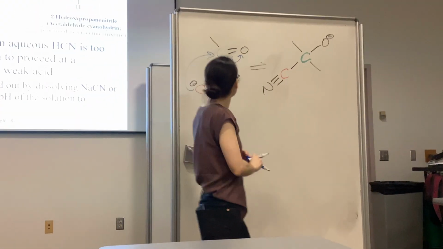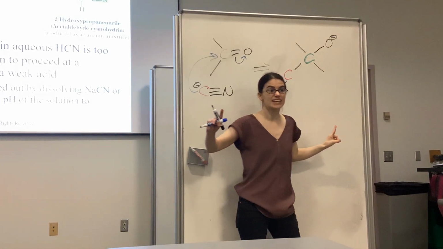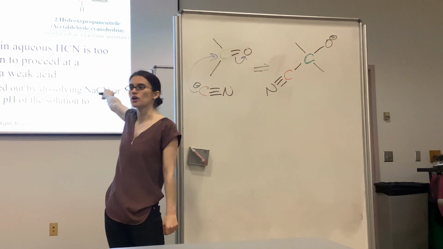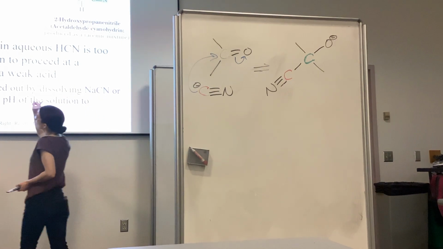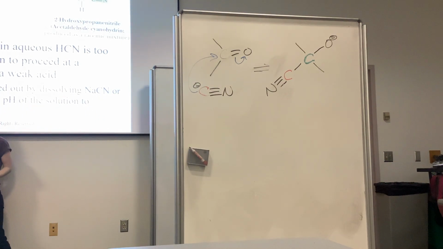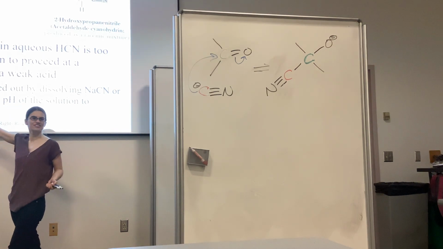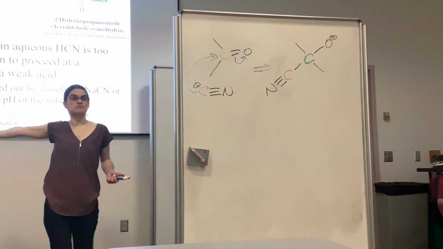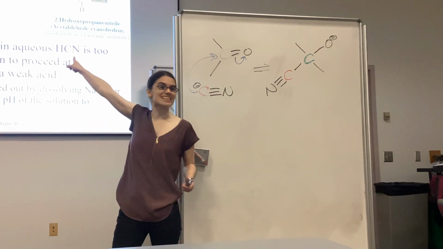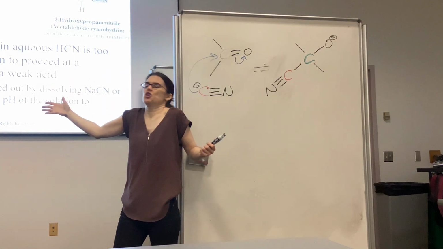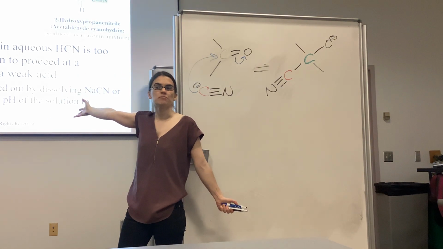So we get this, and then we go, wait a minute, I see a negative charge. Let's do a real quick check: are we in an acidic or basic environment? Which one are we? So we added cyanic acid, right? But then to actually make this reaction go, what did we have to take the pH to? We had to add a bunch of base, right? So weirdly enough, yes, we added cyanic acid to this, but we had to make the reaction basic to make it go because